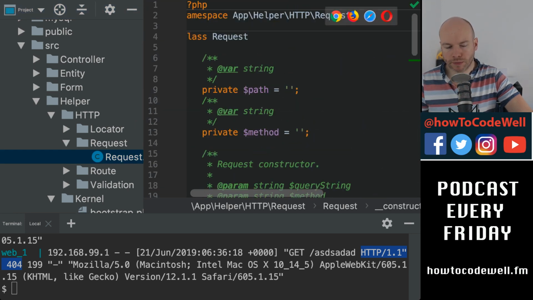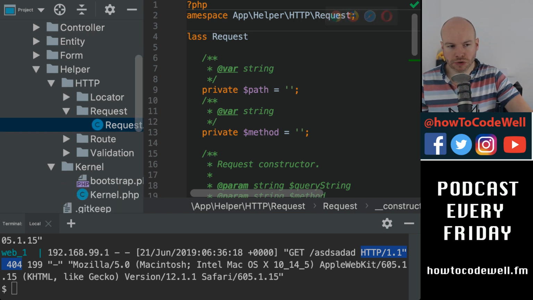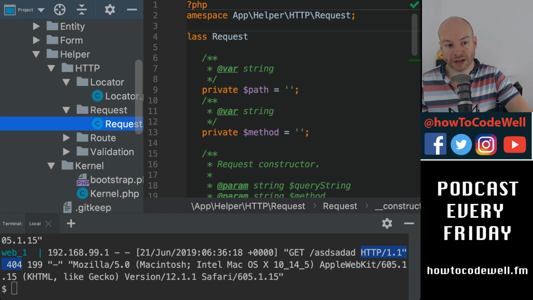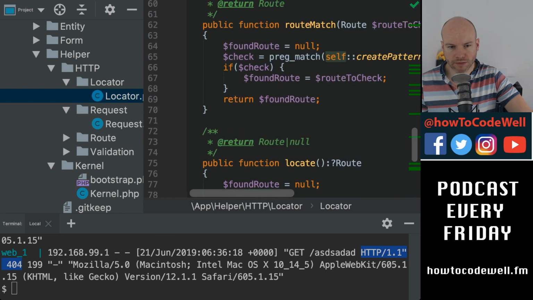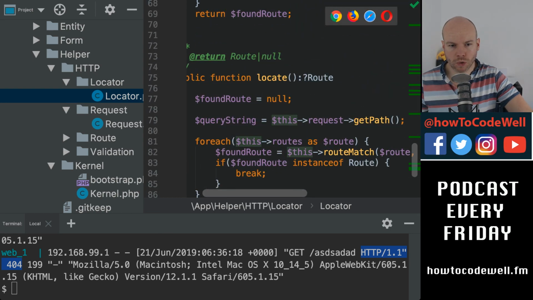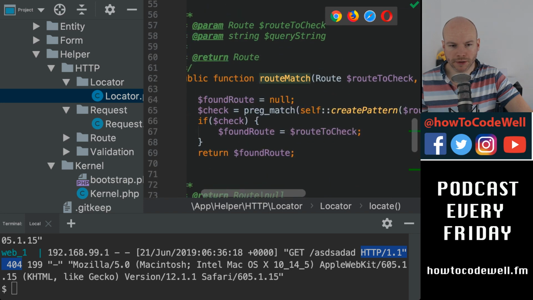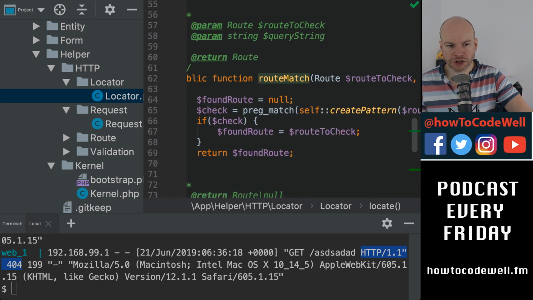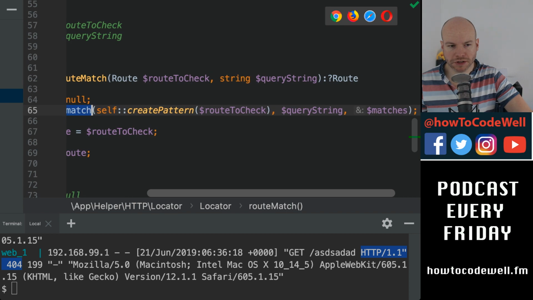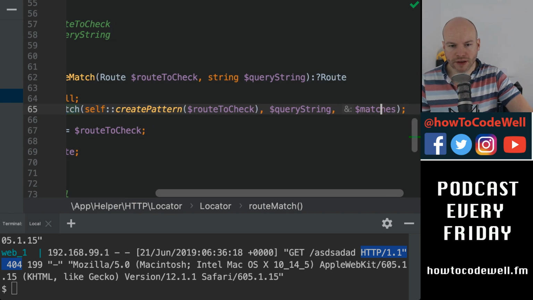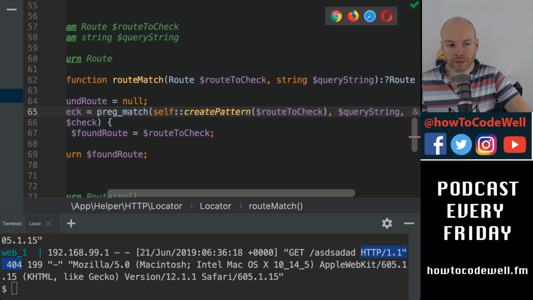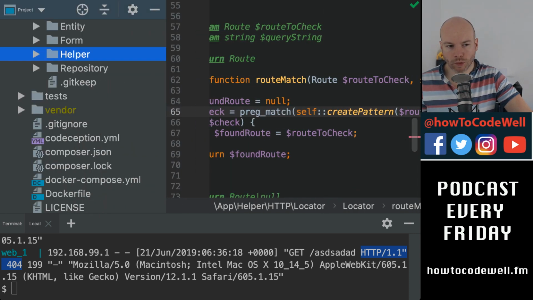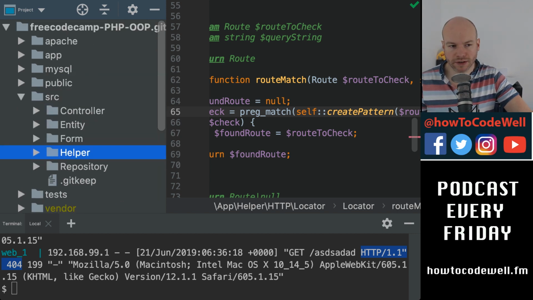I would like to have a property in here called parameters of an array, and they would match up to the matches that we've matched in the locate method, which is down here, route match. So locate calls route match. Route match does a match of the routes using the preg regular expression, checking the pattern and so forth, and then setting matches to be the matches. But we're not doing anything with that, and that's what I would like. It probably won't happen today because I can foresee a bunch of issues,